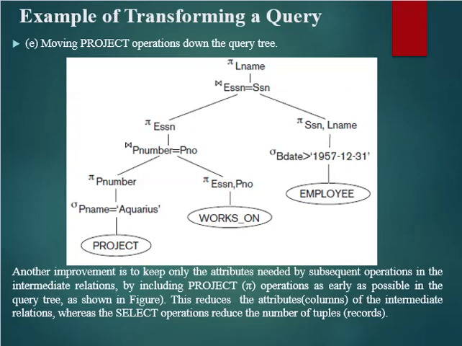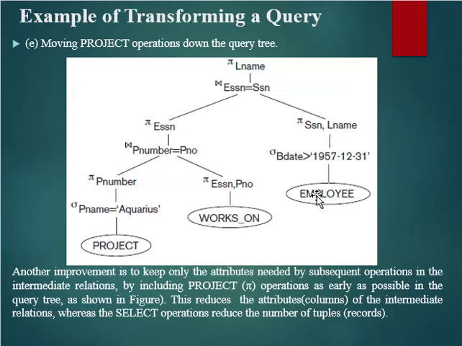So here we need to do it like that. From the employee table, we firstly apply sigma birth date greater than 1957, and we require only SSN and LNAME. That is, LNAME is required in the selection statement. Select LNAME. And SSN is required in the where condition, where ESSN is equal to SSN. So you need the attribute SSN from the employee.